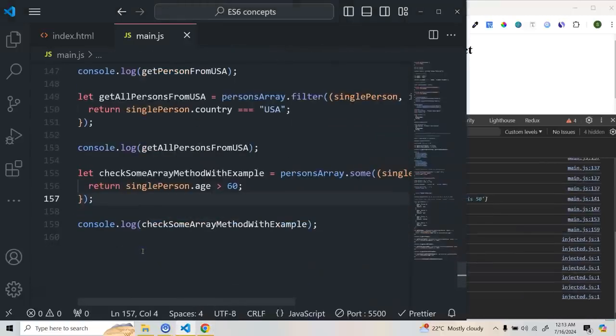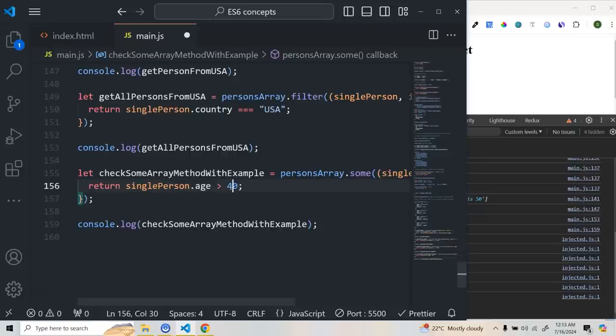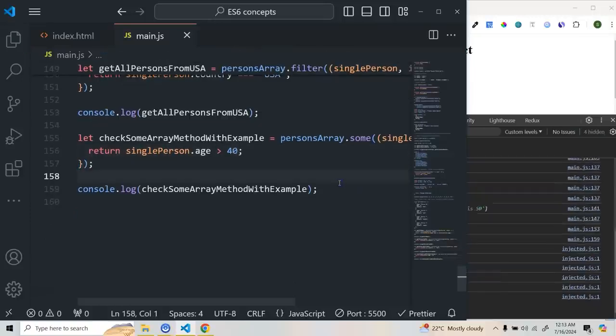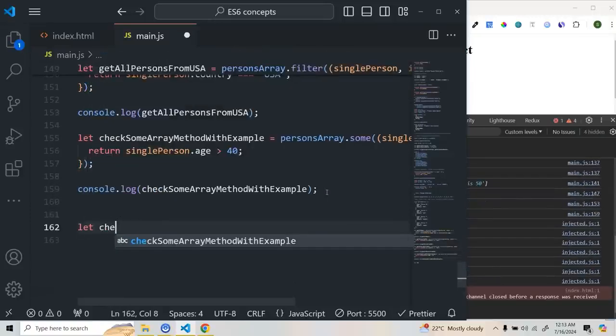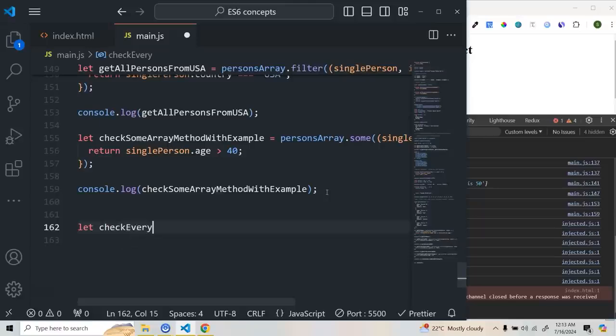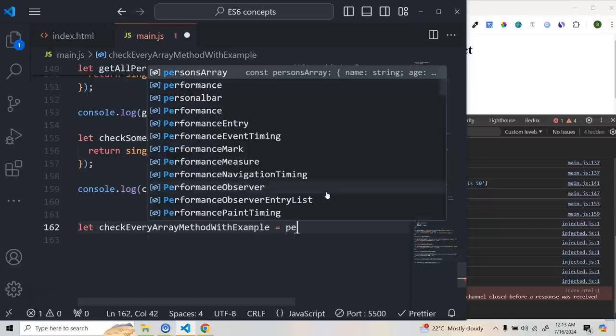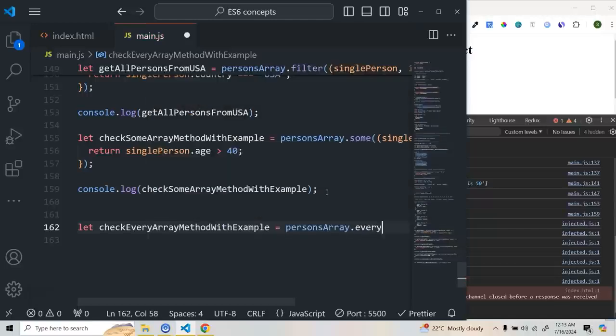Every is completely opposite. Every will check all the elements or all the objects, and if all the objects satisfy that condition, then only it will return true. Okay, first let me do this on 40, and now I'm going to do the every example. So I'll do check every array method with example, and I'll do person array dot every,